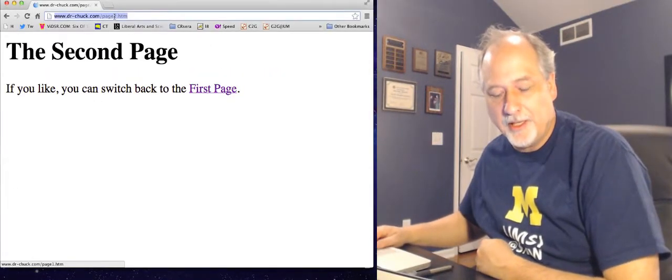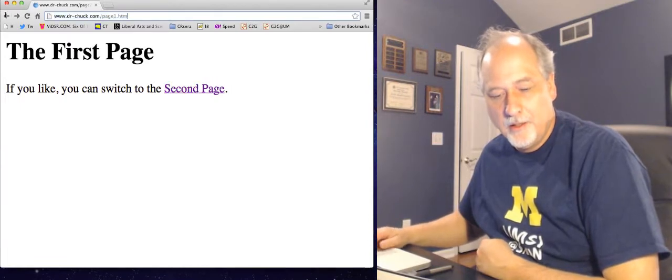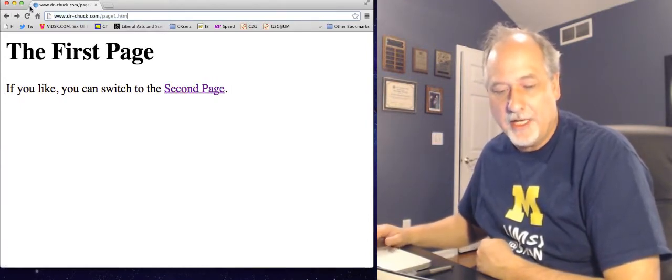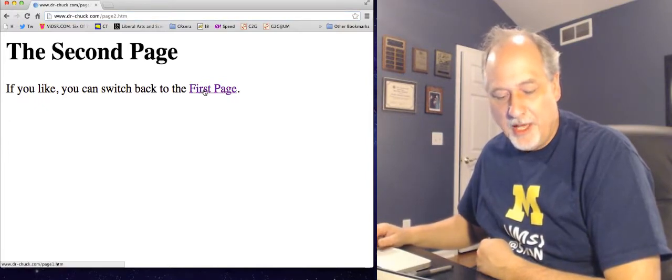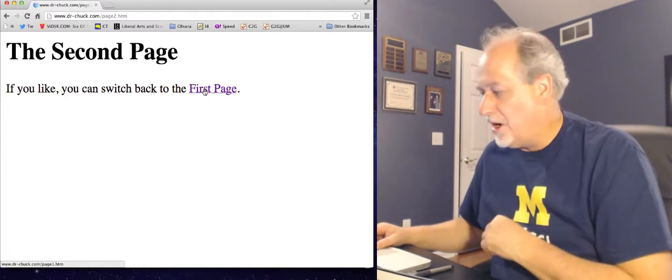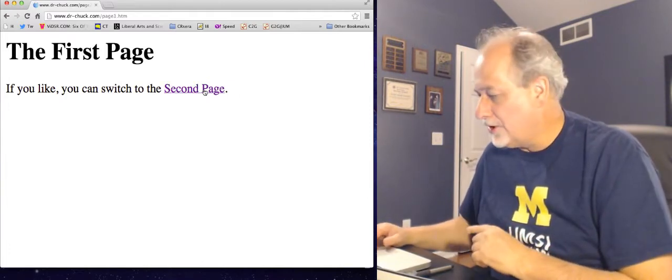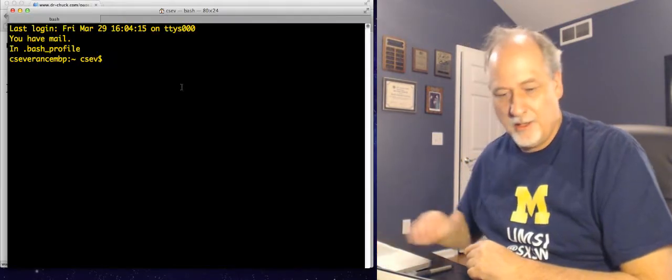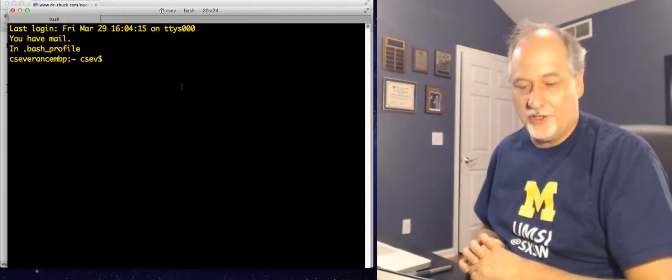I am going to simulate what the web browser does when it's requesting, well actually we'll go to the second page, and when it's requesting the first page, it's doing a GET for page 1. Okay? So that's what we're going to do, except now we are going to do it in a terminal.